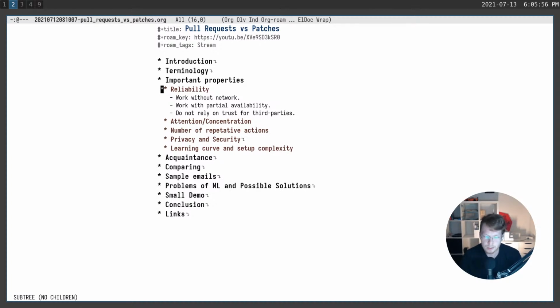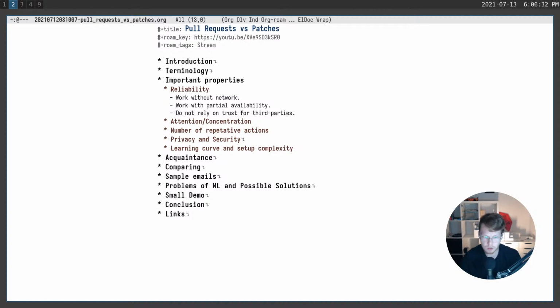And we know that Git is a decentralized version control system, so why shouldn't it work? If we use Git, why can't our workflow work offline? It's a very cool feature to have, and many people prefer to work offline even if they have a good connection. For example, not to get notifications and other attention unfriendly stuff. So it's a very good property, and it also includes that